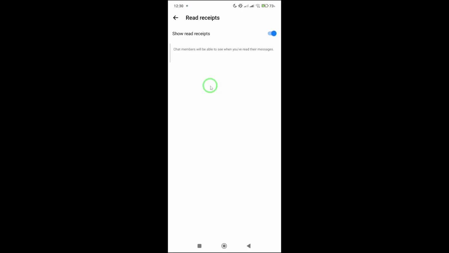A quick heads up. App interfaces can vary slightly based on the device or messenger version you're using. If you don't see read receipts exactly where described, look for related terms like privacy, message settings, or read status in the group's details. A small update in the app could relocate these options, but the principle remains the same. That's all there is